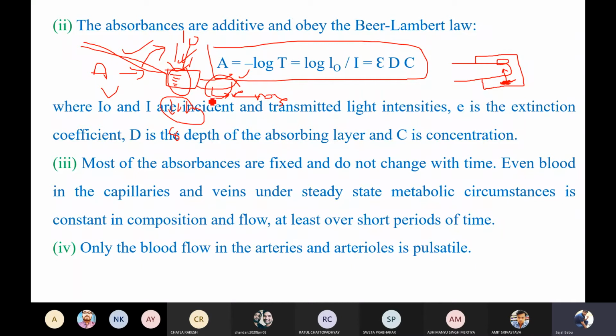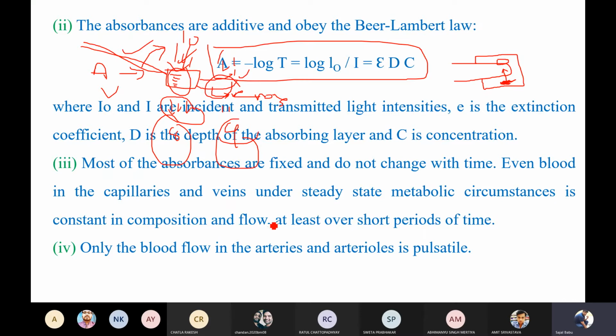Similarly, let us see in the veins. In the veins also, when I give 10 rays, let us consider my veins have deoxygenated blood, so it absorbs very little. So I am getting 9 rays out, and one will be absorbed. Whenever I give 10 rays, I am going to get 9 rays, because the blood in my veins does not circulate at a very high speed. So when you pass the light, you get a constant value either in the capillaries or in the veins.